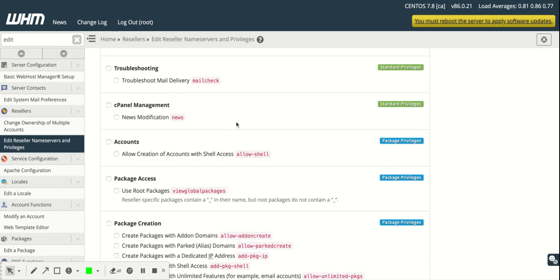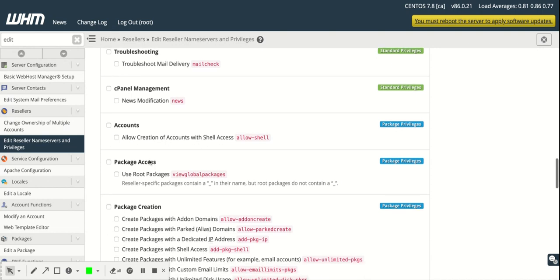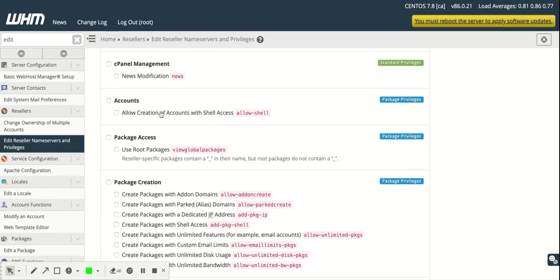So at least they don't need to upload and FTP from there. They could just do git commands using PuTTY or SSH. Allow creation of accounts with shell access. That's what it is. Okay, so just be careful when you're giving this access, because there might be times that